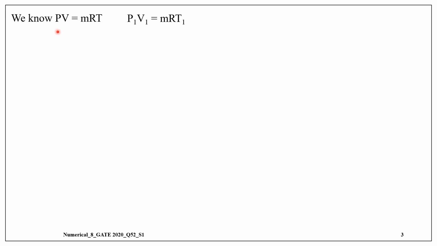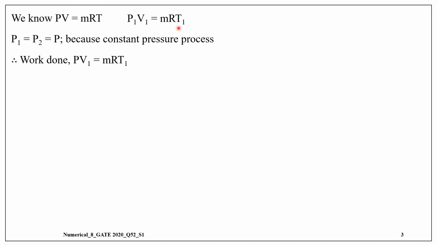But we know PV equal to mRT. This can also be written as P1 V1 equal to mRT. P1 is equal to P2 is equal to P because of constant pressure process. Therefore, we can write PV1 is equal to m R T1, and work done is equal to PV1 is equal to